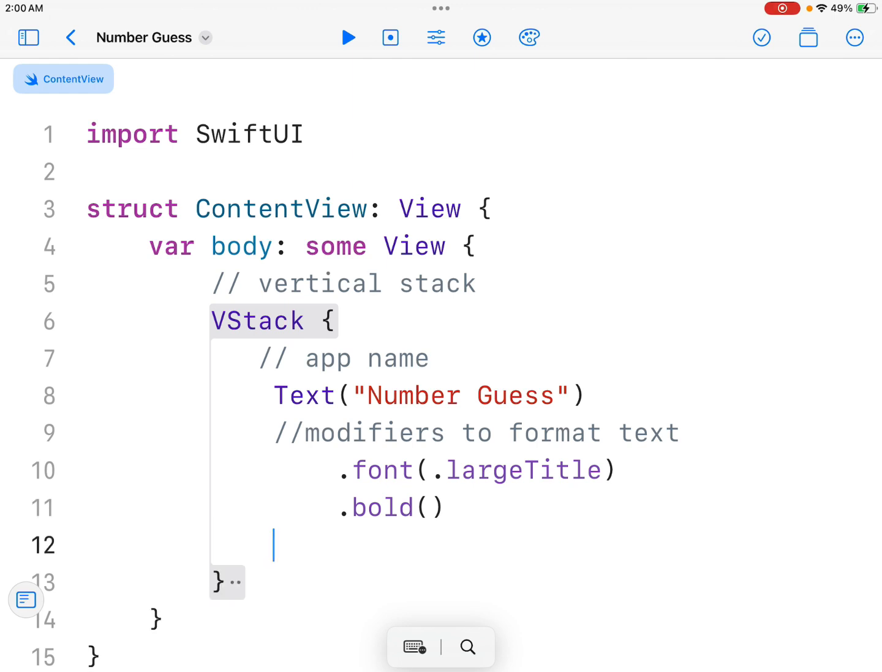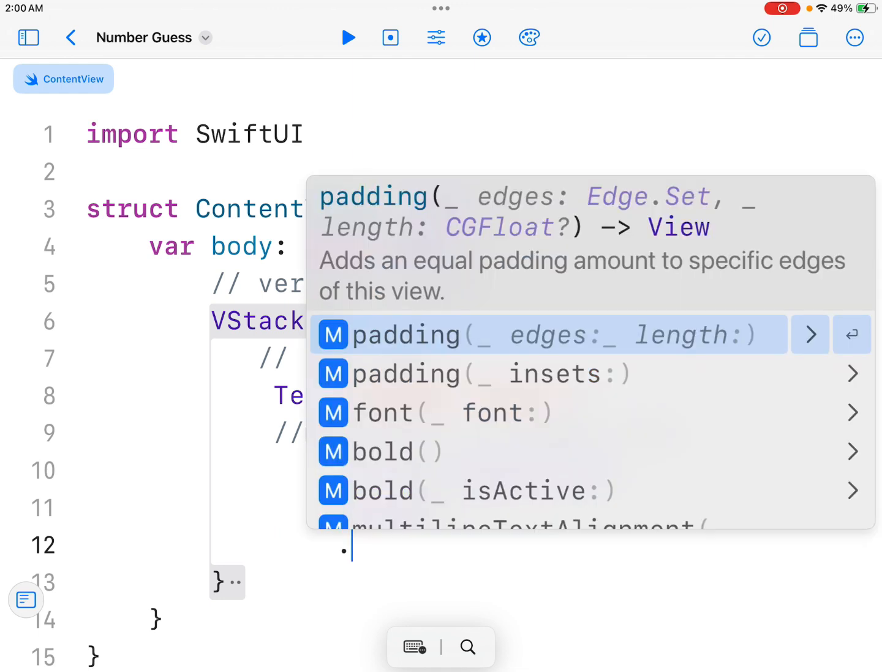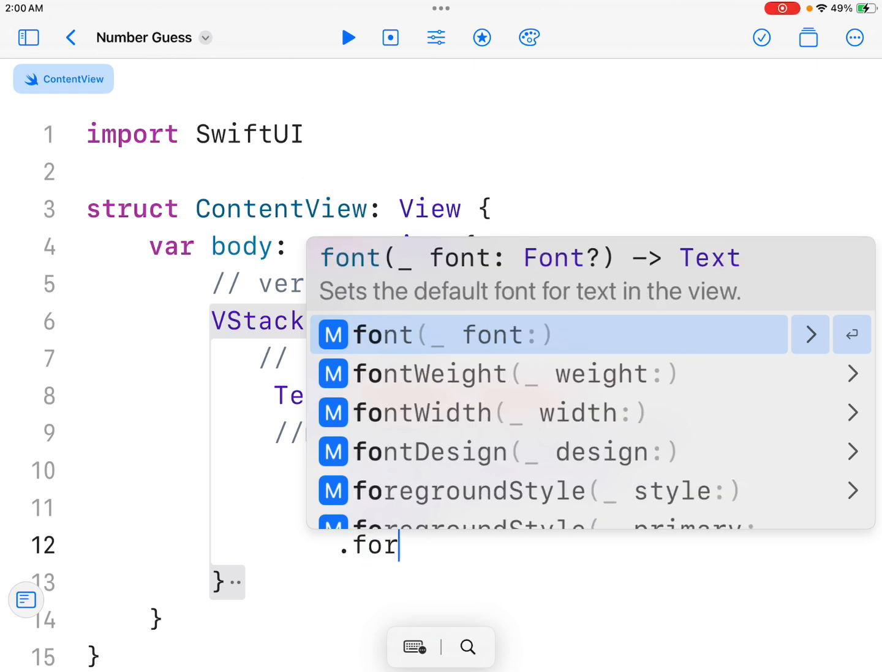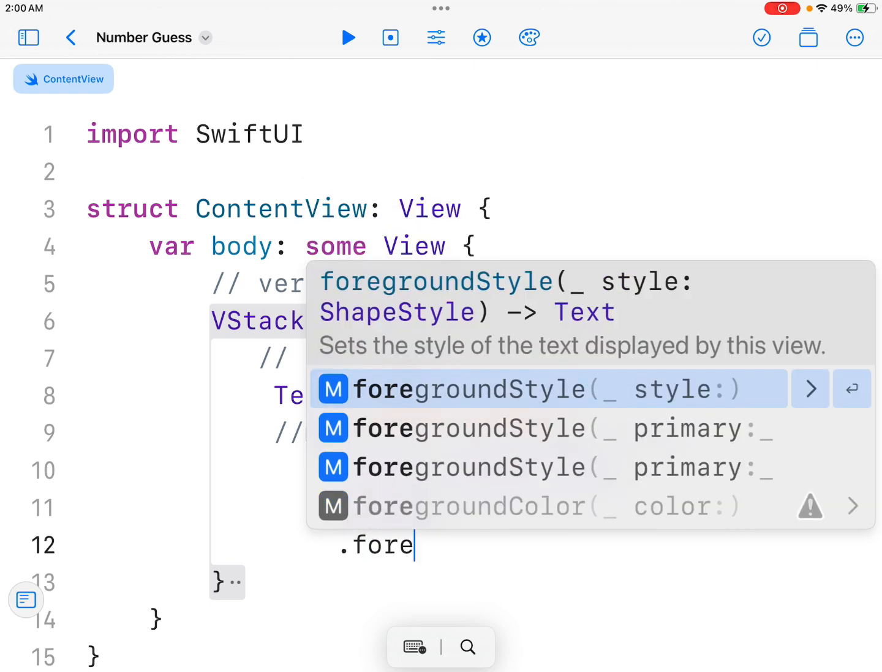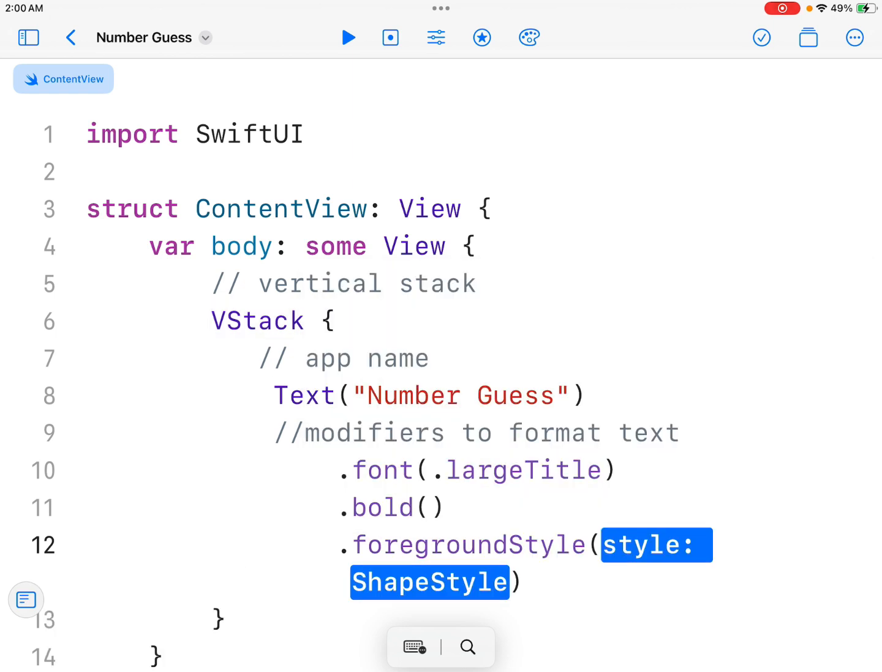And let's also change the color of our app name on the screen. So again, let's type a period and we will start typing foreground style with style inside of the parentheses. Once you see that pop up on the code snippets list, go ahead and tap return to insert that code. You might see some error messages starting to pop up on the screen. It is okay. We are going to resolve that here as soon as we